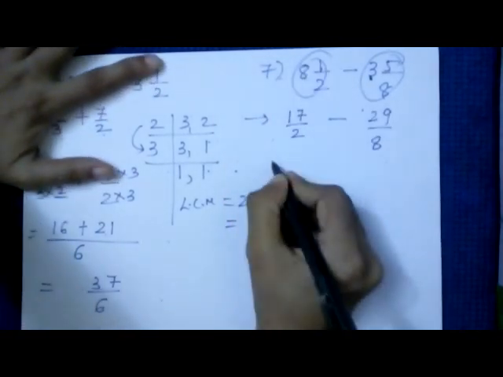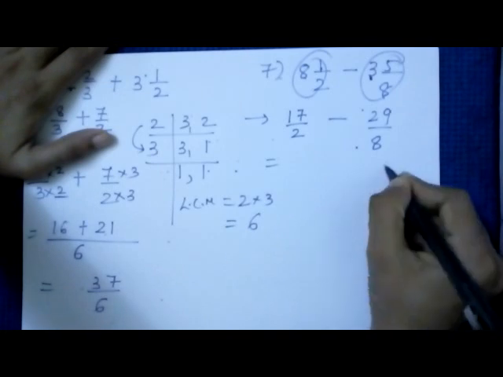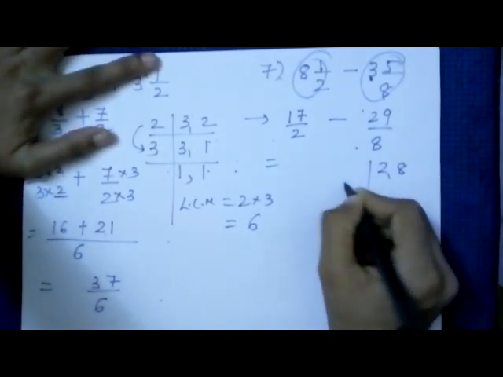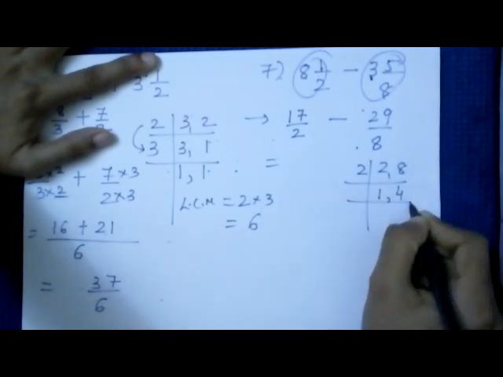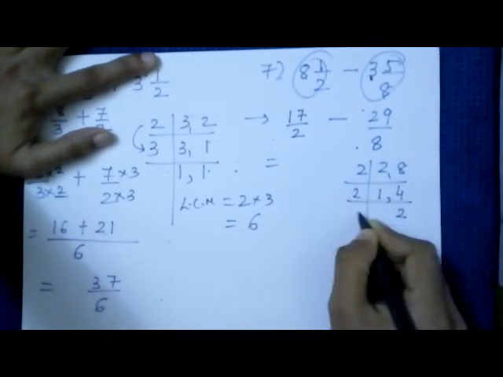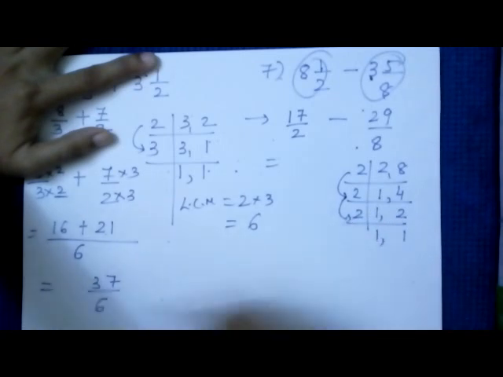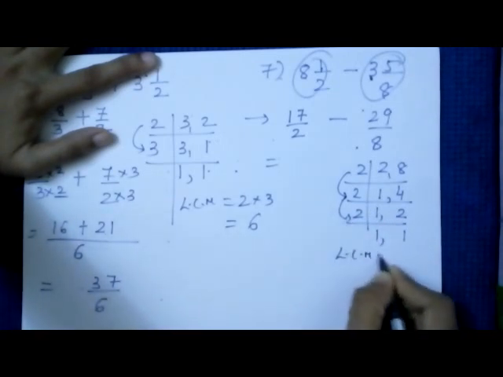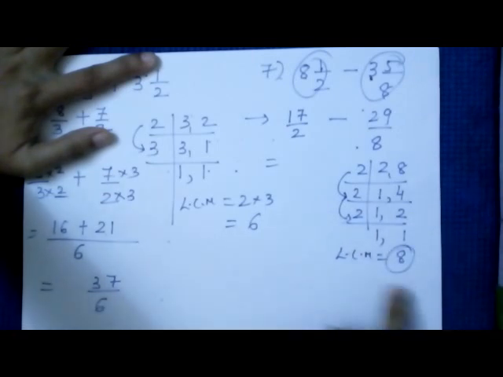Then next step we will take out the LCM of 2 and 8. The LCM of 2 and 8 we will take. 2 ones and 2 fours. In the same way, 2 twos are 4 and this one will be the same. Then 2 ones are 2 and this 1 will be the same, multiply this 3, so our LCM will be 2 twos are 4 and 4 twos are 8, so our LCM will be 8.